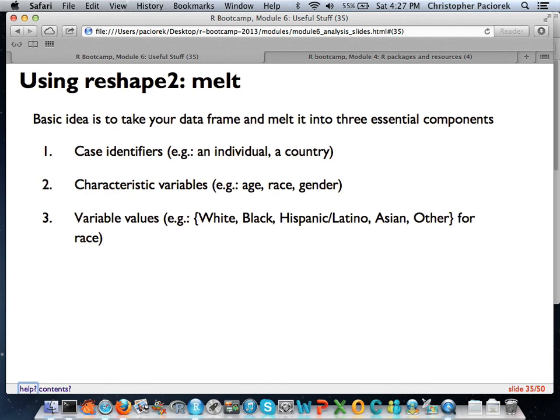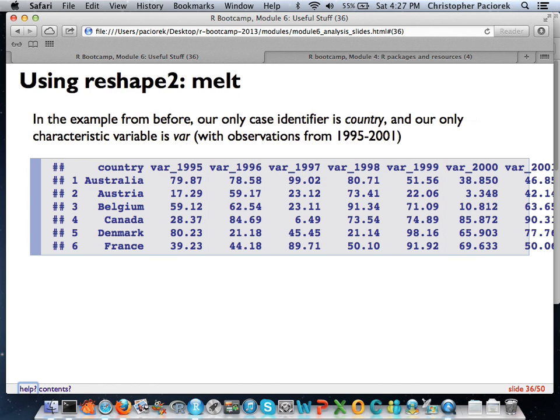And the last thing, obviously, is the variable values for all of these examples. So, for instance, if we were to look back at our data set here, if we were going to melt this and we wanted to eventually construct our data set such that it had 1 column for country and 1 column for year, we would say, all right, in this example, my case identifier is clearly this column here, country. My characteristic variable is going to be the year. You can see it's got these sort of back-end stubs here for each year, so we're going to want to isolate those somehow. And obviously, the values are just these things here that come at the intersection of these two axes.